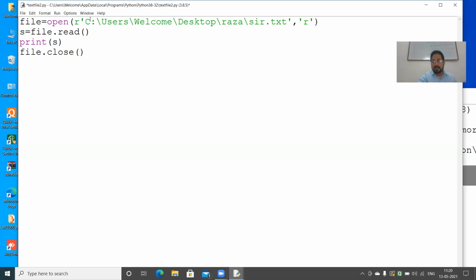The prefix R in front of a string makes it a raw string. That means there is no special meaning attached to any character. Now see, if I remove it and run, what error you are getting? This is the definition.